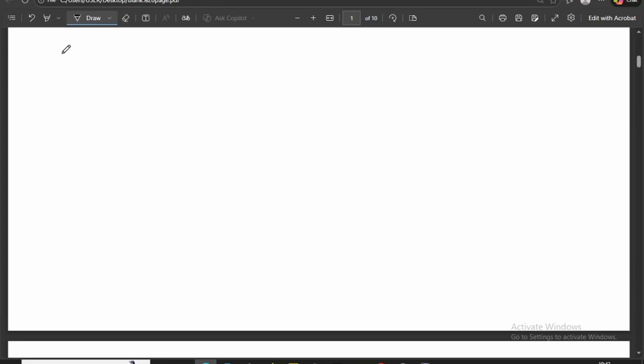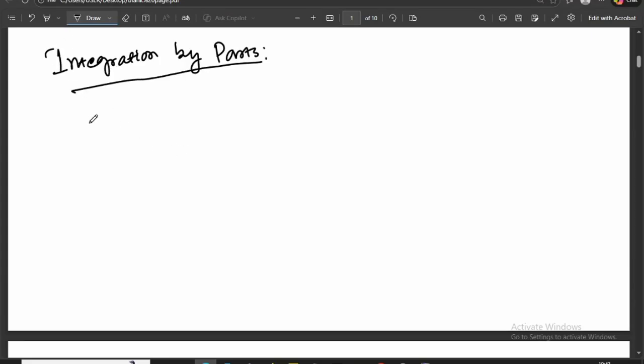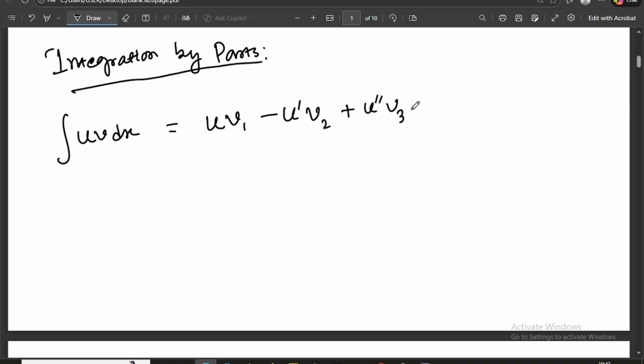Now the rule for integration by parts. Integration of u v dx can be written as u v1 minus u dash v2 plus u double dash v3 minus u triple dash v4 plus so on,